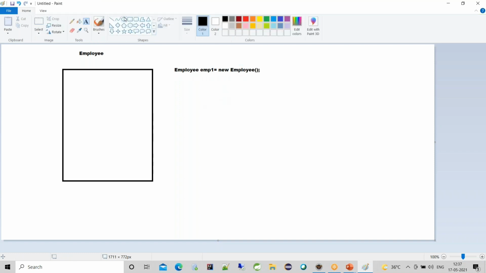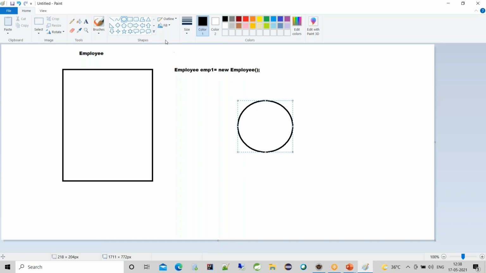Now this syntax is the memory allocation for this class employee. Here we are creating an object of this class employee. So what actually is emp1? emp1 is referring to a memory allocation or an object of an employee.